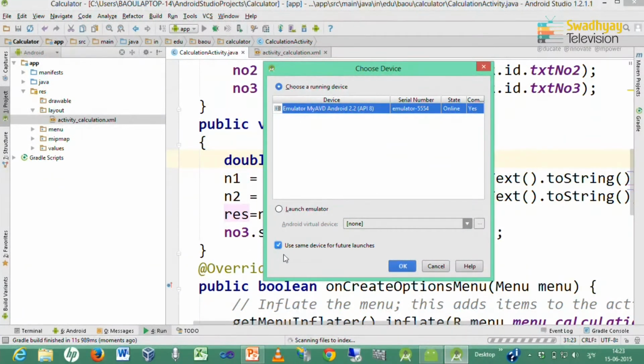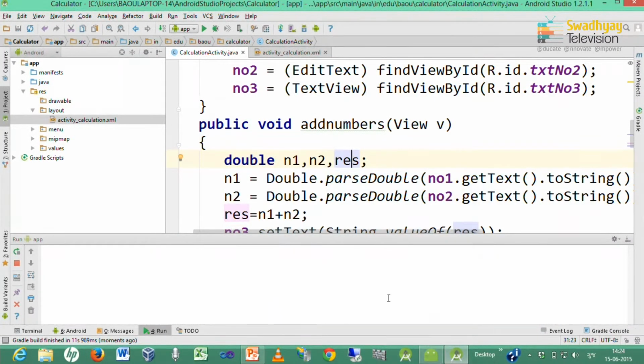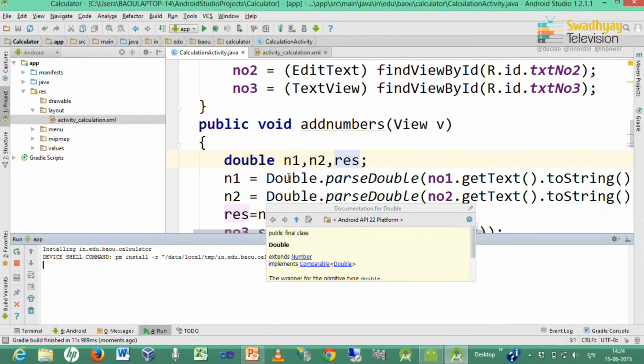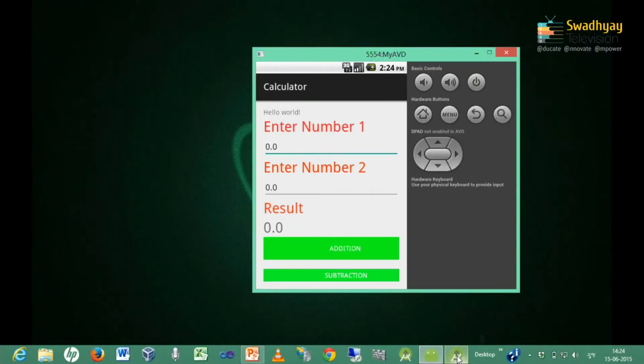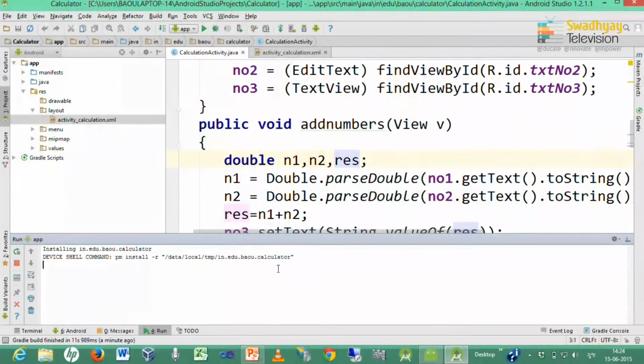You can check use same device for future launches. So, you can skip this step. So, I press OK. Now, every time it starts the application, it tries to launch it in the running emulator. So, here it will display my application.